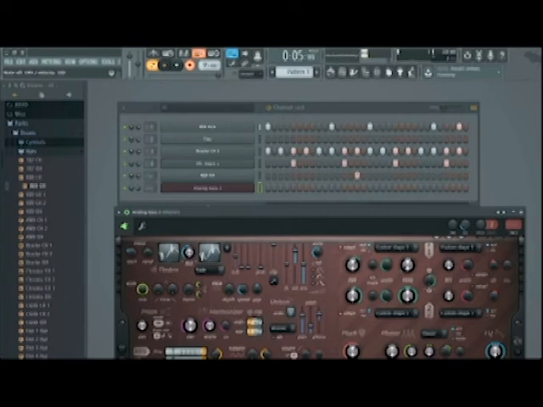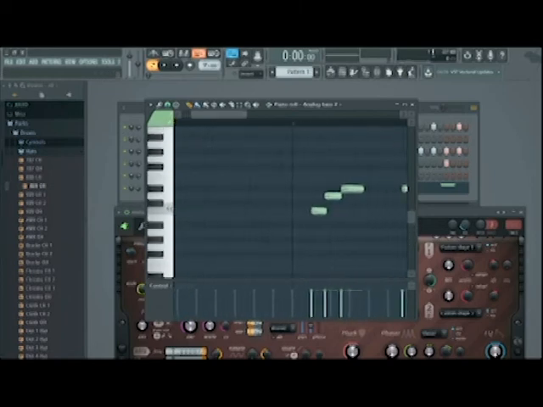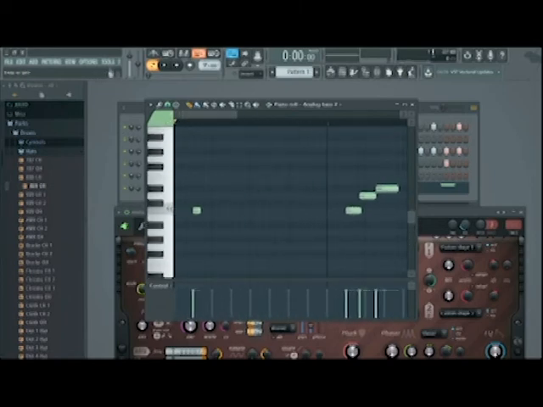Okay, and as you can see, as soon as I press the space bar, it already got saved into this thing. What this thing is, going into detail, is called the piano roll, and right here you can really edit things to the T where you want it. So right now I'm gonna right click to erase it, left click so it's right on the line so it makes sense,